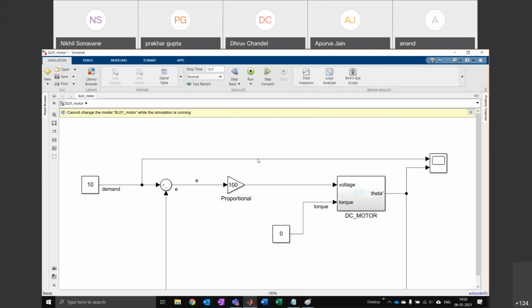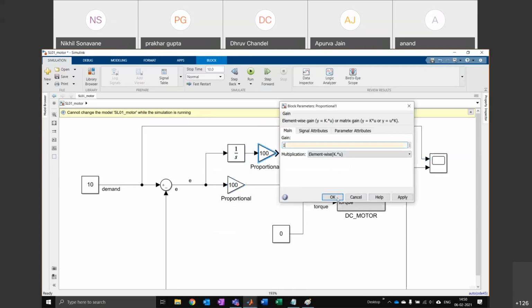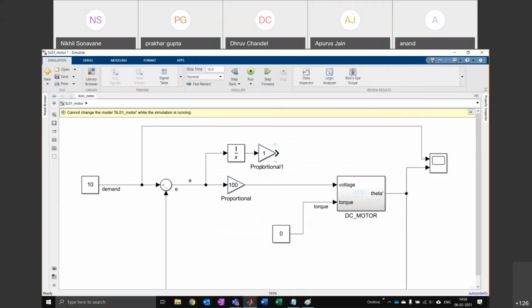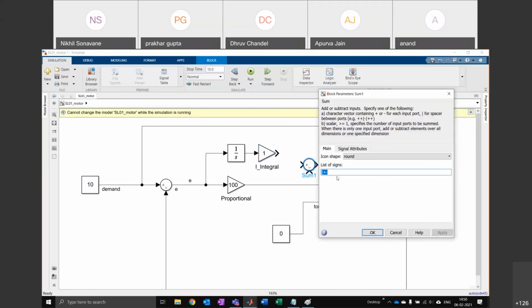So let's do something here. Let's get an integrator block. And as the input, we'll take in the error signal, and then we'll add in another gain here. I'll just make this 1. Okay, and this is the integrator gain. I'll call this I just to be short. So I stands for integral. And then I'm going to get another sum block. And then I'm just going to have 3 plus signs here.